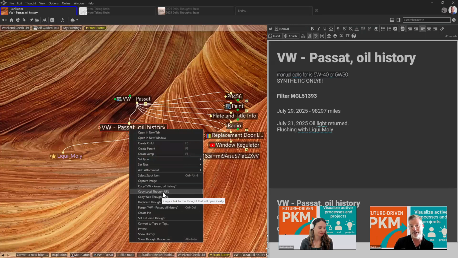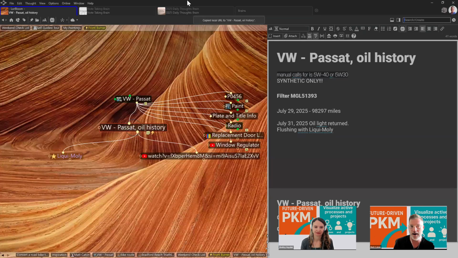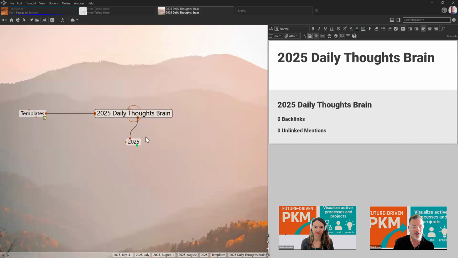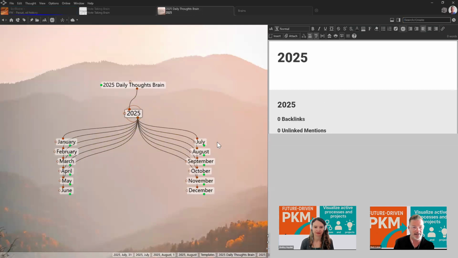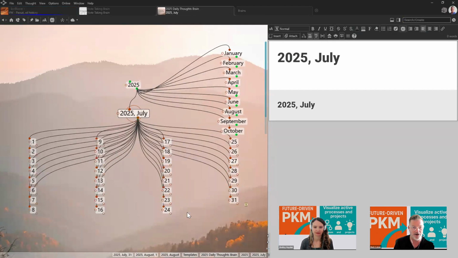Each thought in your brain has two URLs, the local thought URL for the desktop app and the web thought URL for the online version if you're syncing your brain online. In this case, I'm just linking a local brain from one thought to another. So I say copy local thought URL and go over to my journal and go to today's date, which is July 31st.